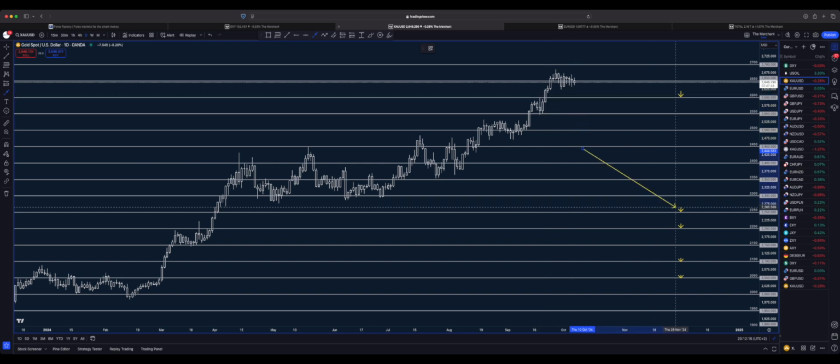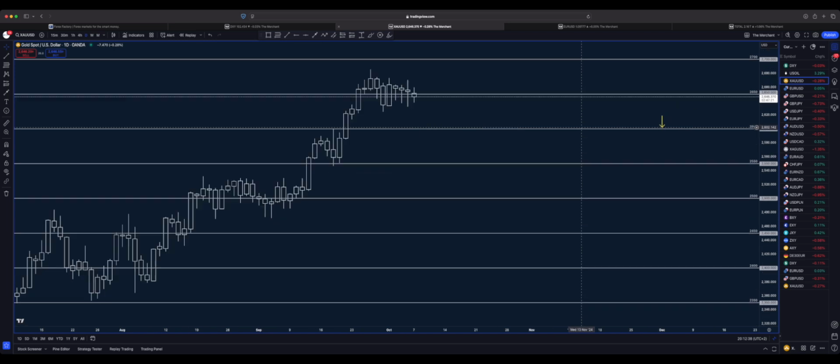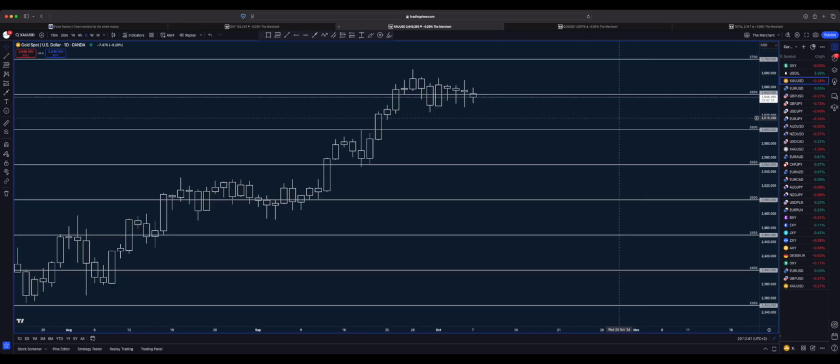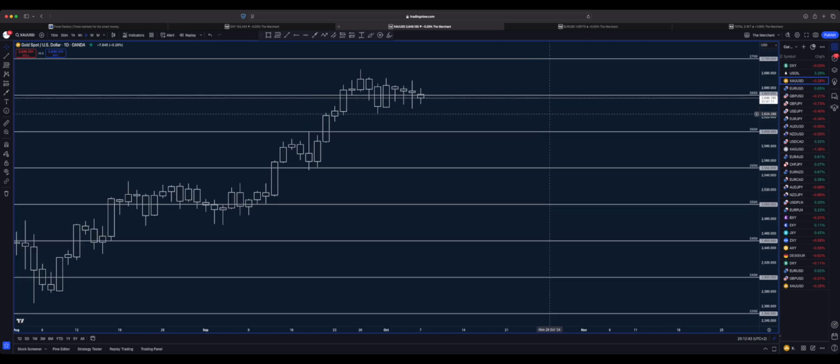Same story here. Price broke above, didn't come to retest. The rest of the horizontal lines, which I don't highlight with these yellow arrows, are levels where price broke above and came to retest. So I would say the criteria were checked. But for these ones with yellow arrows, it means that price broke above and didn't come to retest as support, so it is an open target for the price to come to retest.